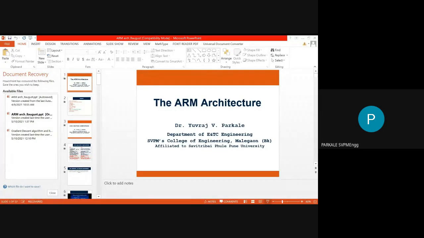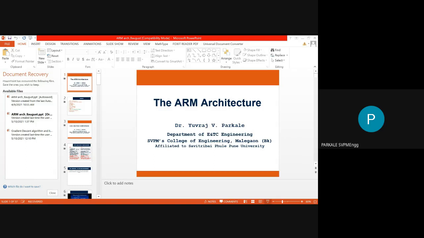So the first point of difference between CISC and RISC is the size of instructions. CISC has variable size instructions with many formats. That means if CISC has 100 instructions, these 100 instructions have different variable sizes. They are not either 16-bit or 32-bit. Some of the instructions may be 8-bit, 16-bit, and 32-bit. That's why there are many formats. However, in RISC, all the instructions are 32-bit. So fixed size instructions, 32-bit mostly, with few formats only. So this is the first advantage of RISC over CISC.